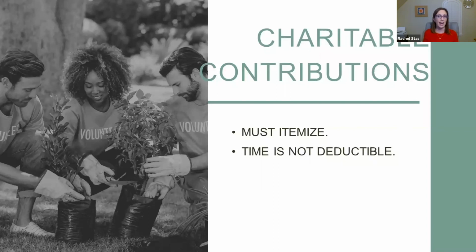One thing that did get added in this last year with the COVID times is that there is up to a $300 charitable deduction that you get to take just straight off the top if you did it with cash. So I don't think that if you did Goodwill donations that's included, but if you donated to a COVID charity or church or just any United Way, any normal charities, you do get to deduct up to $300 above the line, and you don't have to itemize to be able to do that. So that's the new one with charitable contributions.